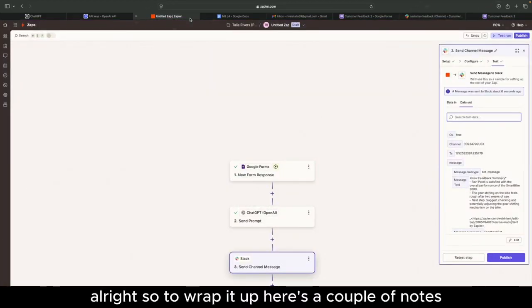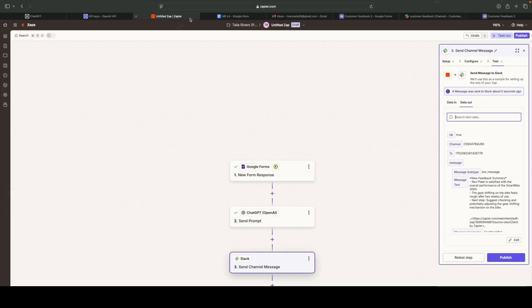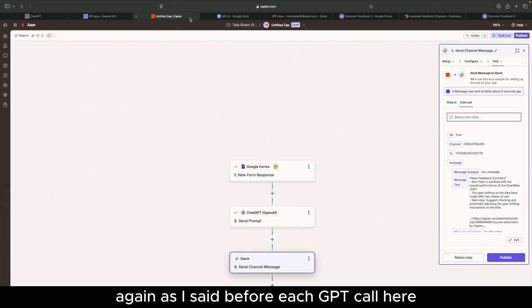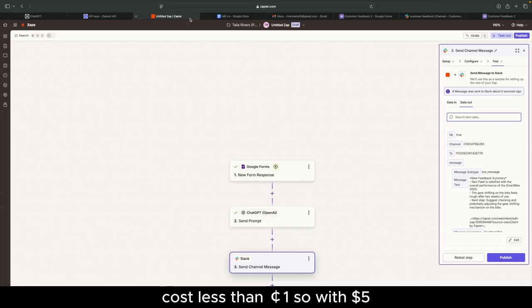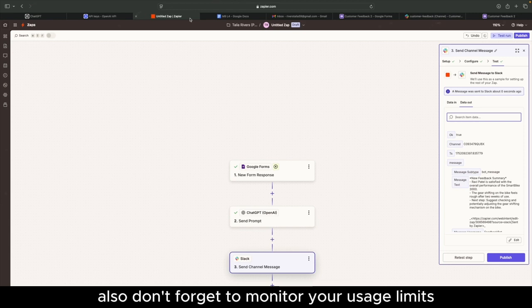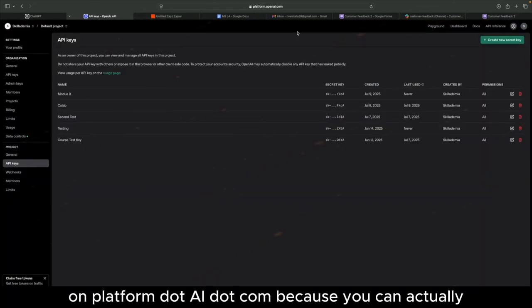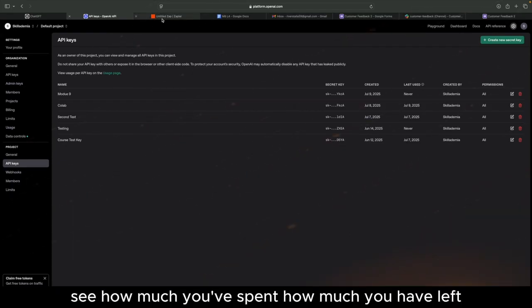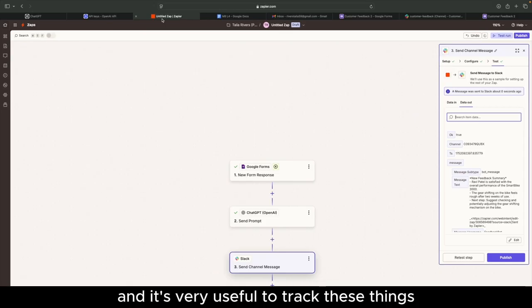All right, so to wrap it up, here's a couple of notes. Again, as I said before, each GPT call here costs less than 1 cent. So with $5, you're going to go very far and do a lot. Also, don't forget to monitor your usage limits on platform.ai.com because you can actually see how much you've spent, how much you have left, and it's very useful to